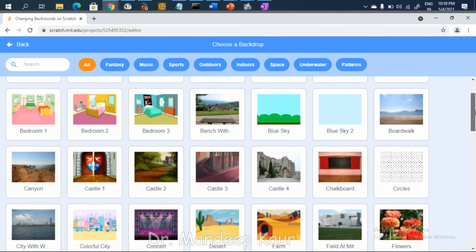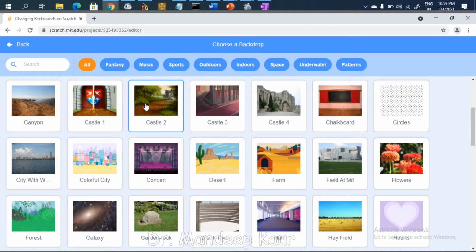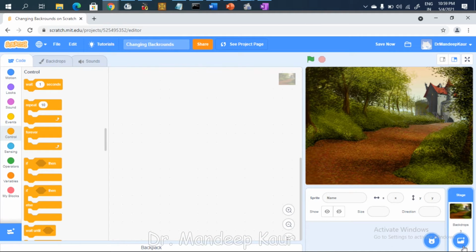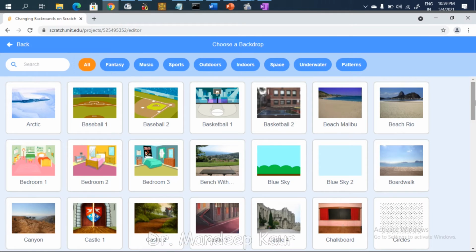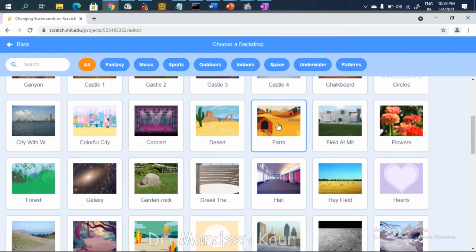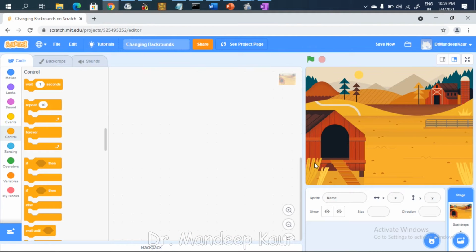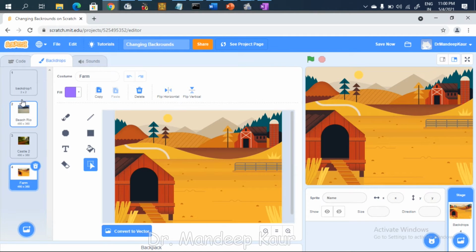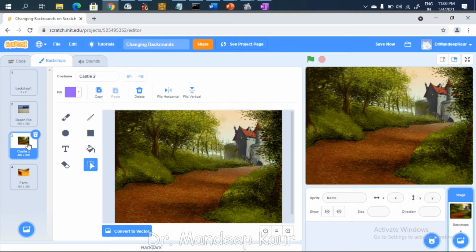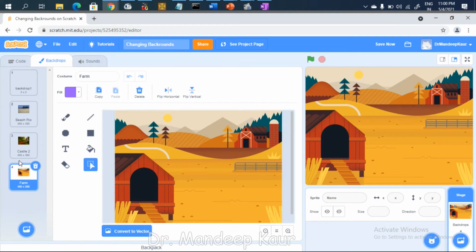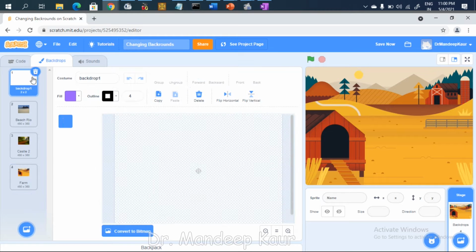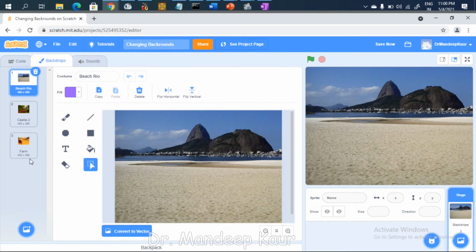Then another backdrop, like we are at a castle, and the third background is we are on the farm. So we have three backdrops here, and if you go to the backdrops option, you can see all these backdrops 1, 2 and 3.